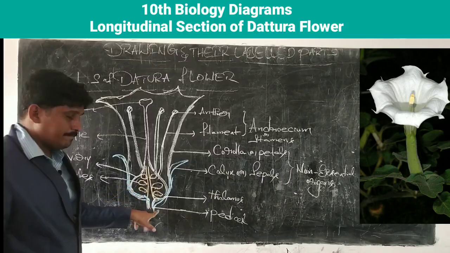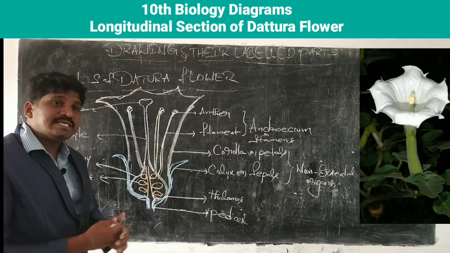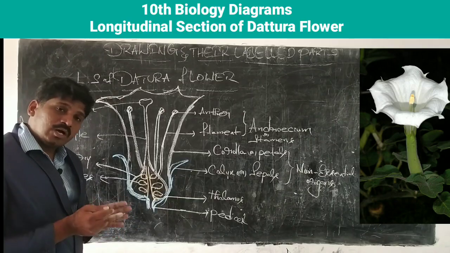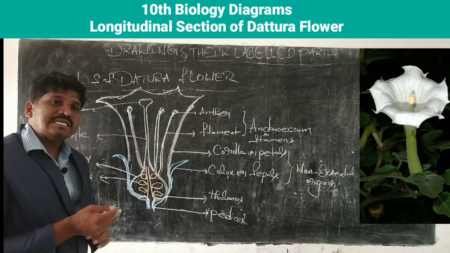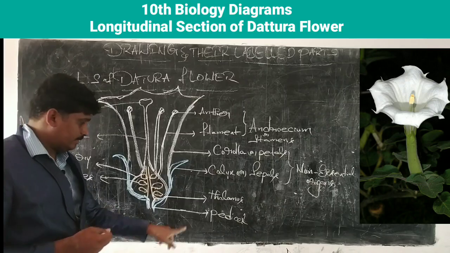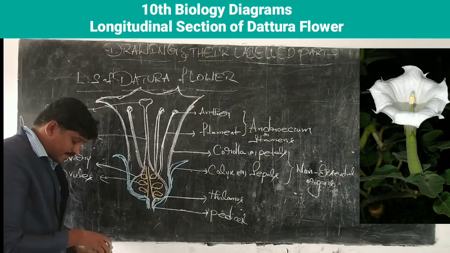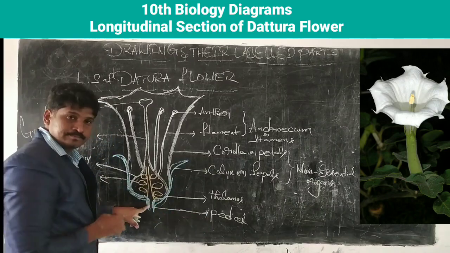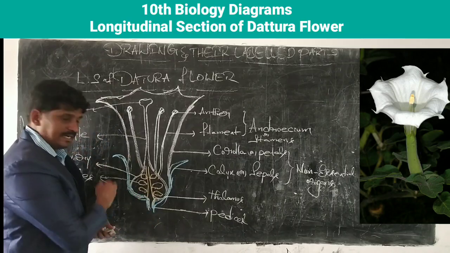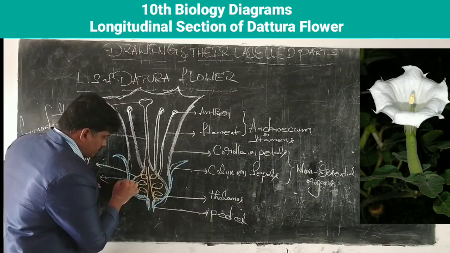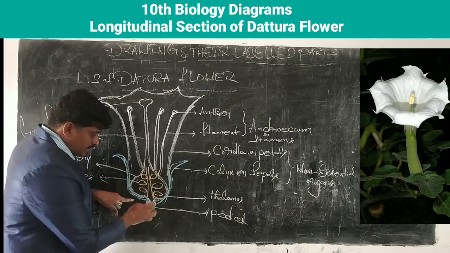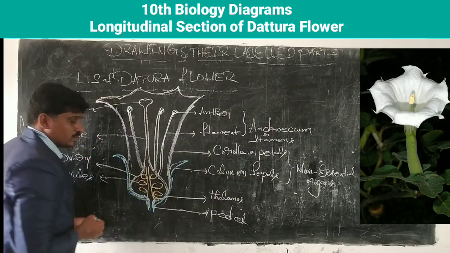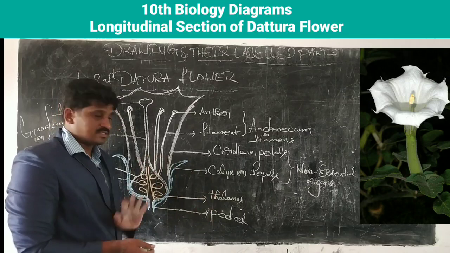First of all, pedicel. After you have completed the labeled parts, whether you are reading or practicing the labeled diagram, you want to know the definition of each and every labeled part. Well, pedicel is called the stalk of the flower. The stalk of the flower is said to be pedicel. Above the pedicel, the swollen part of the pedicel, once you observe, students, is said to be thalamus.